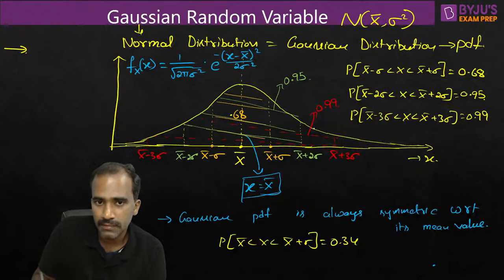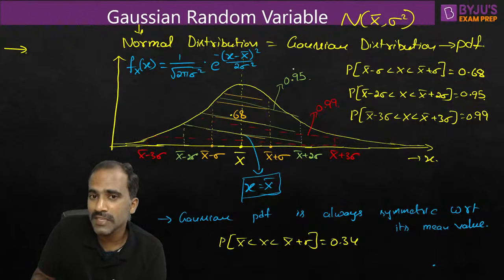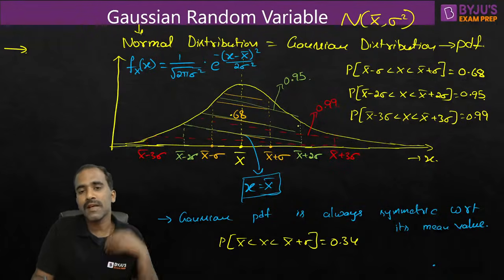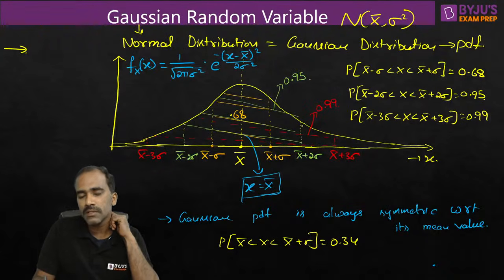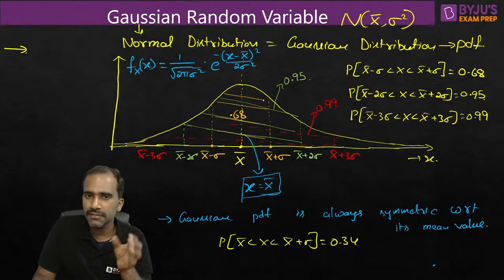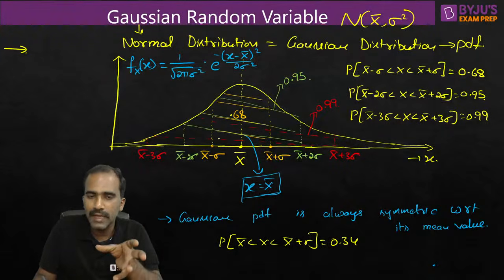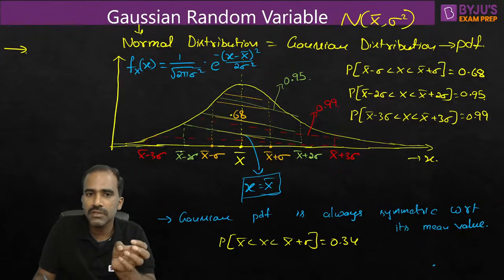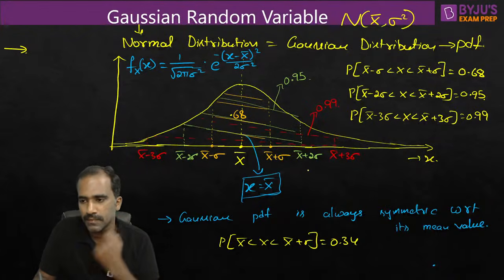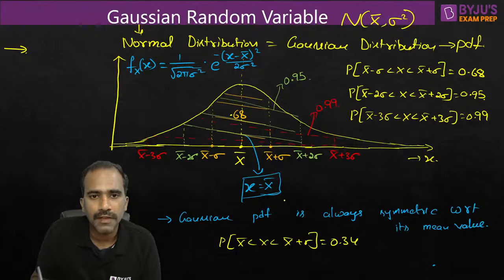But here we are talking about a PDF whose total area is 1. So 95% of the total area 1 is 0.95, and 99% of the total area 1 is 0.99. For other Gaussian curves, the total area need not be 1, but the percentages are the same. Any Gaussian curve need not represent a PDF, but for them also the same discussion is valid. The percentage of area covered between one, two or three standard deviations definitely remains the same. Okay, fine, very good.